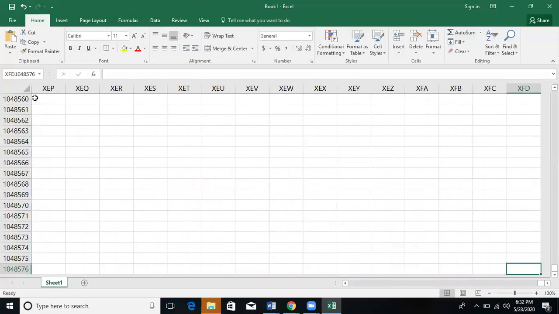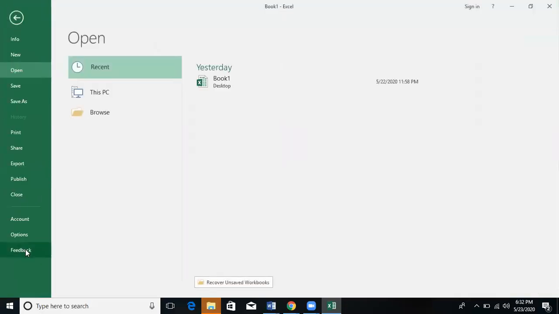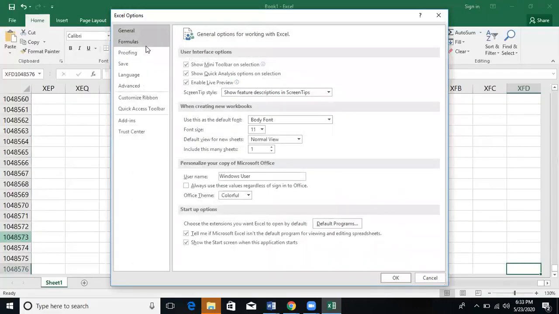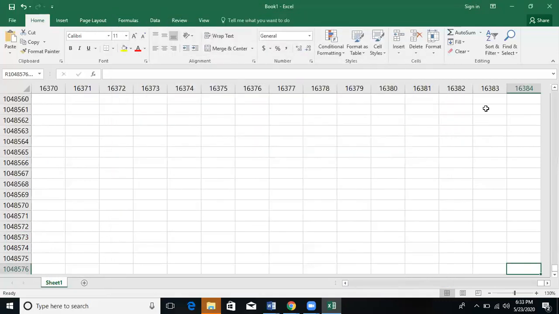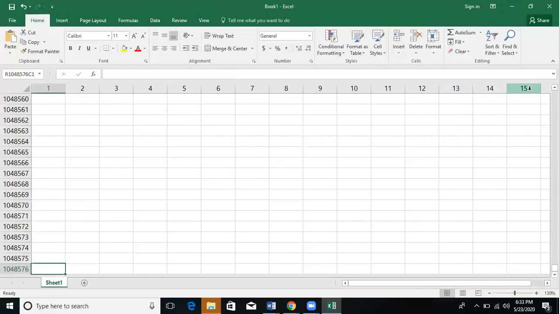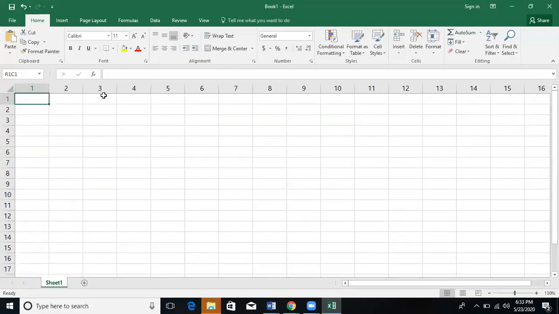If you want to convert XFD into numeric, go to File, Options, select Formulas, enable R1C1 reference style, click on OK, so that it will show 16,384 columns. Okay, it will show 16,384 columns. If you want to get back to the previous view, press Control left arrow, Control up arrow.